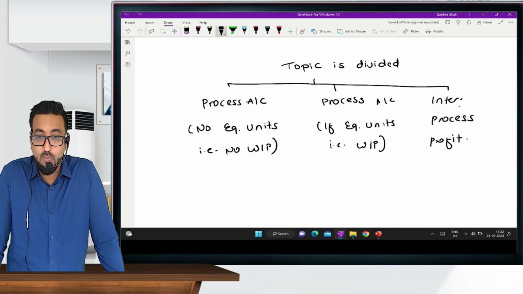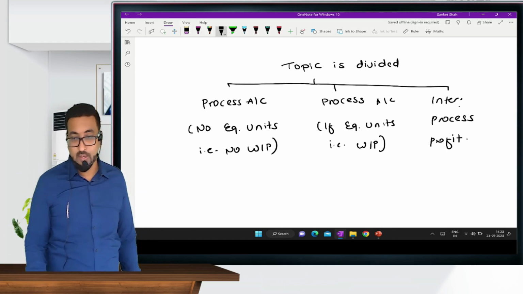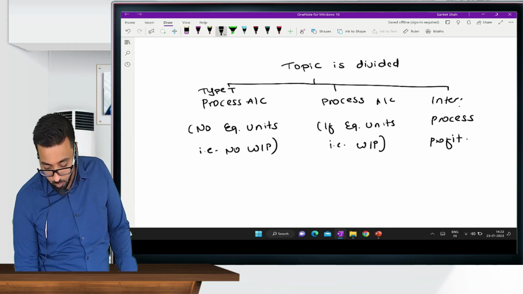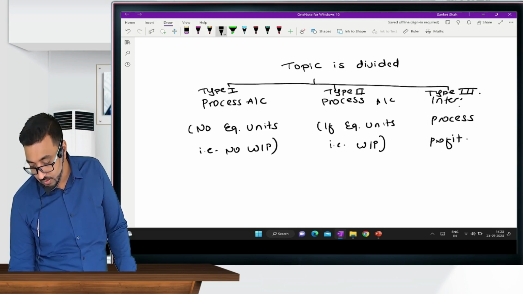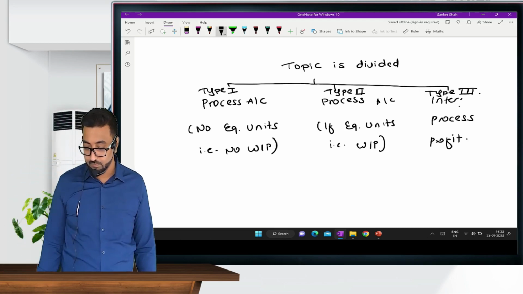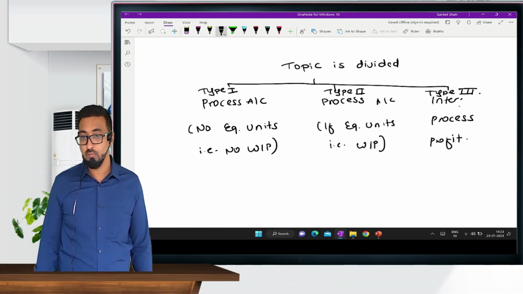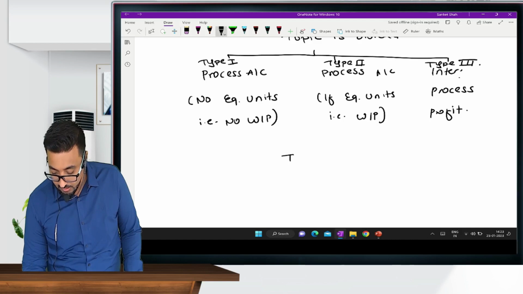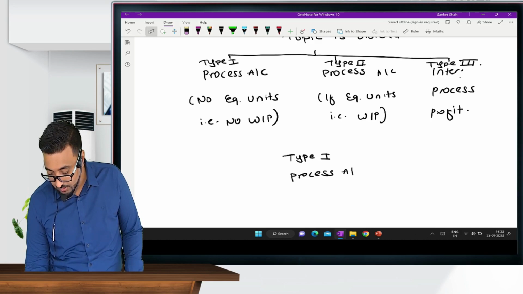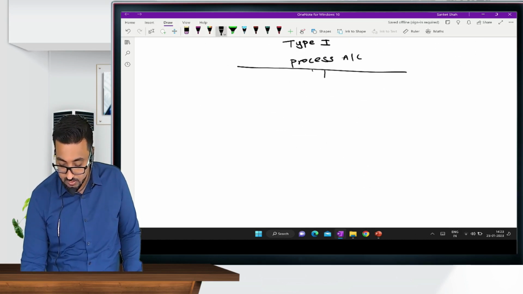But process account में again 2 parts, no equivalent units. जल्दी से आ जाइए अभी क्वेश्चन में। पहले तो हम लोग इसका टाइप 1 देखते हैं। दिस इज टाइप 1 प्रोफॉर्मा। लेट्स सी, लेट्स रिवाइज क्विकली हाउ टू सॉल्व दिस क्वेश्चंस। टाइप 1 के क्वेश्चंस, प्रोसेस अकाउंट, 100 पेजेस के नोटबुक में ही लिखना है, आगे भी। टाइप 1 प्रोसेस अकाउंट। राइट डाउन हाउ टू सॉल्व दिस क्वेश्चन।